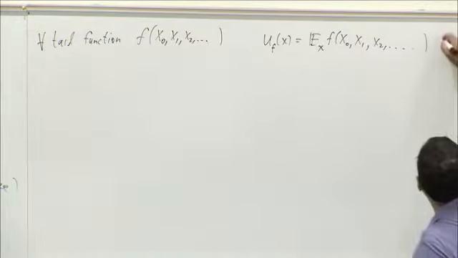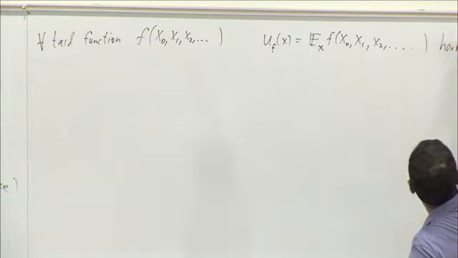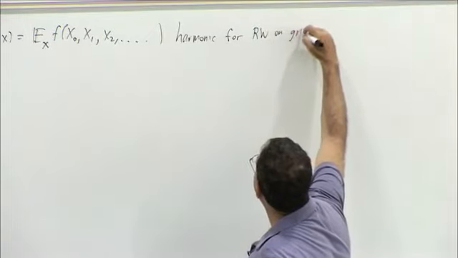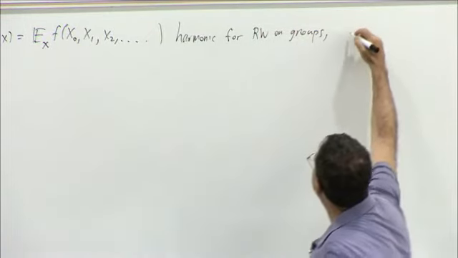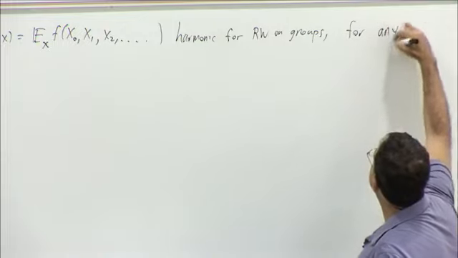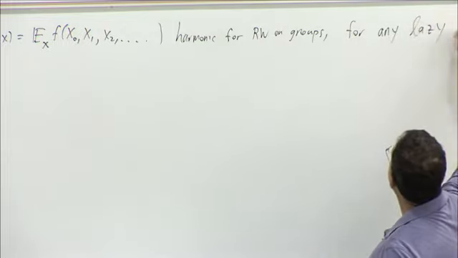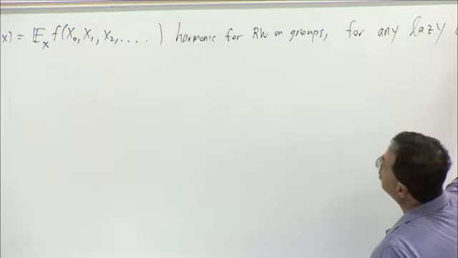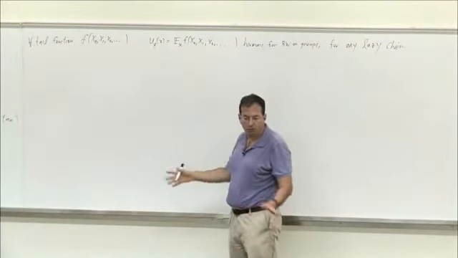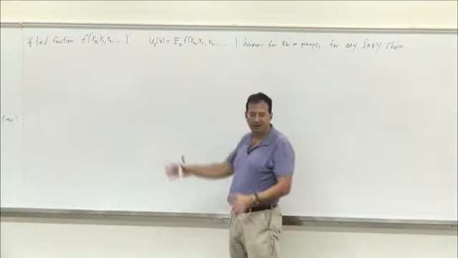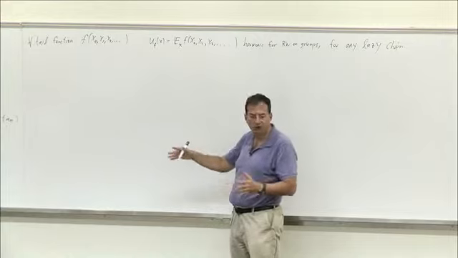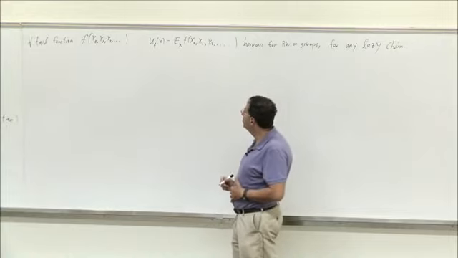So this is harmonic for random walks on groups, and also for any lazy Markov chain, but not for any Markov chain. So you need some condition, but if it's a group, it's fine. If it's lazy, it's fine. And here I'm going to make my life simple by just assuming that you have a lazy walk on a group. And the reason it's true is because...